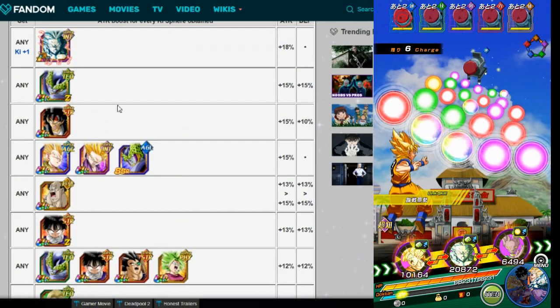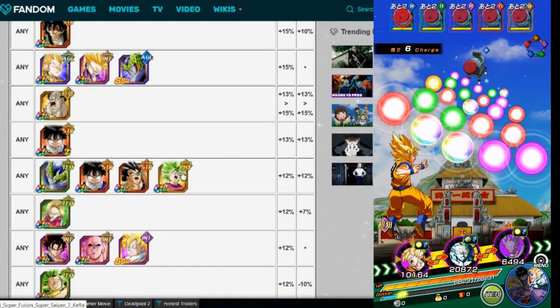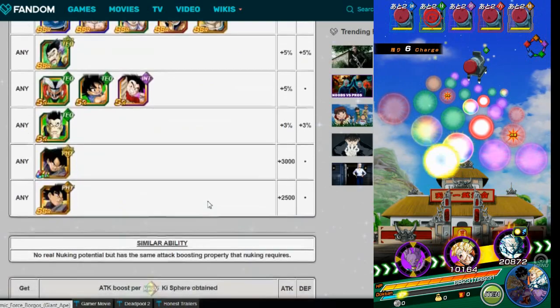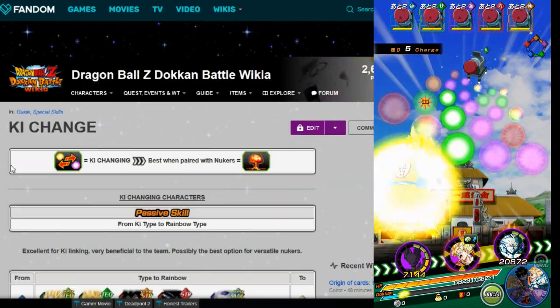Obviously, like I said, LR Gohan's not a bad choice. Perfect Cell, the Gotenks unit, even Kefla. I did try it with the Kid Gohan unit as well. So you got a couple of options. Alright, so that's pretty much it for that portion of it, and then let's talk about the Orb Changers, because